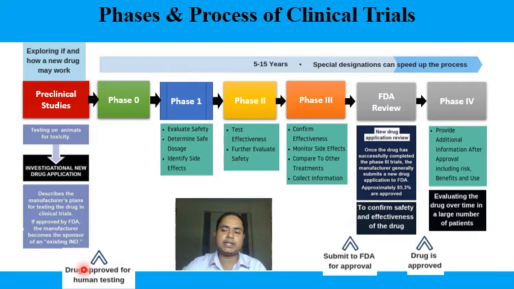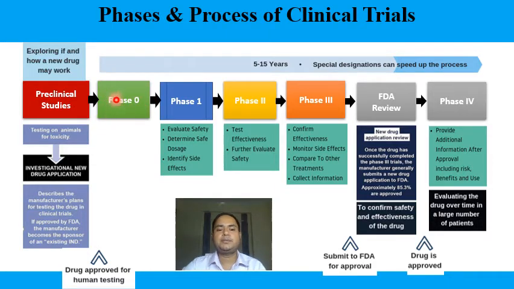So in the previous class we discussed that before proceeding to the clinical trial, there is a need for a preclinical study that includes a rodent as well as a non-rodent model. So after performing the preclinical study, phase 0 can be started, and it is a micro dosing phase.